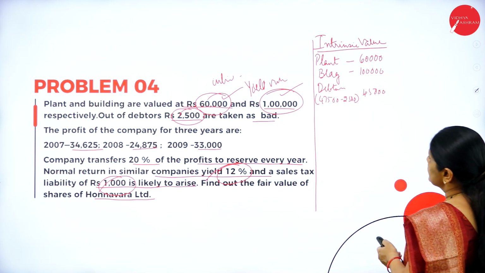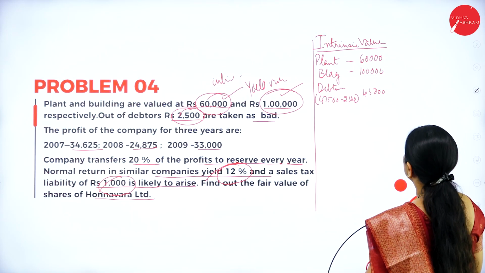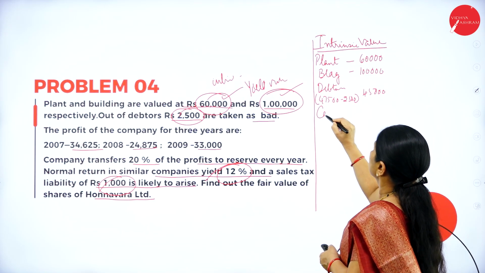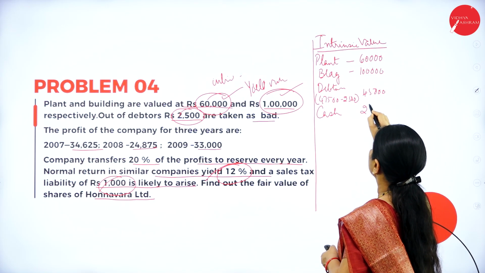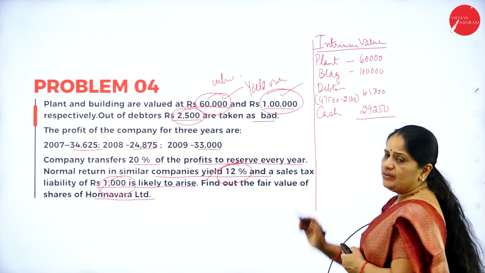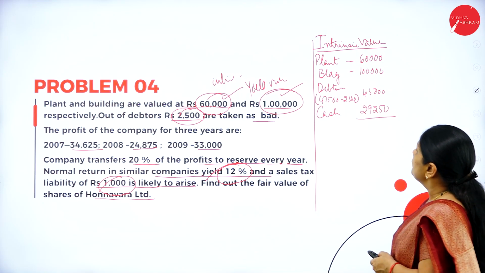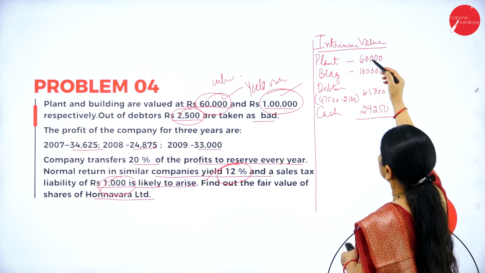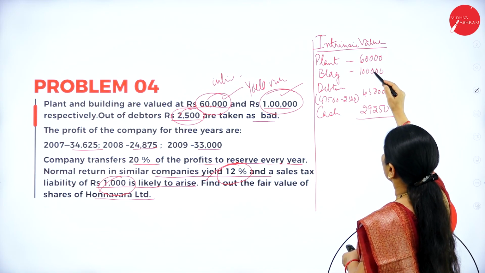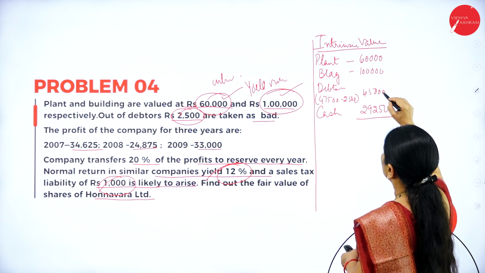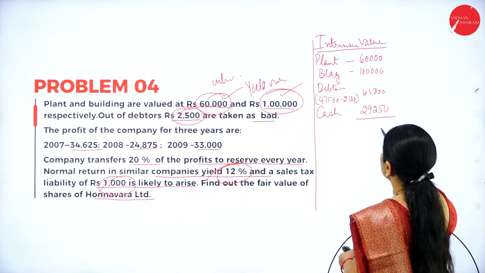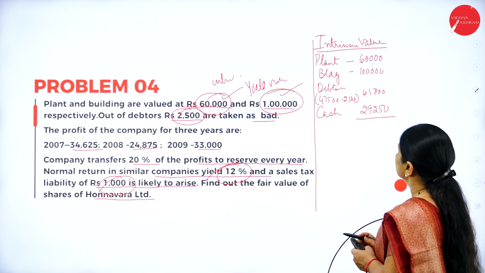Then the next is cash, 29,250. So we have taken into consideration all the assets. Now we will add all the assets. So it will be 60 plus 1 lakh, 1 lakh 60, then 2 lakh 5,000. So this total will come up to